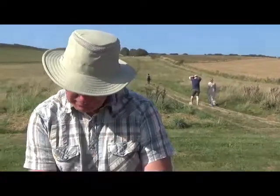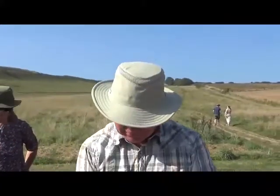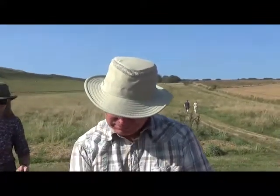This Neolithic bank barrow here is very similar to the one found at the Cursus at Stonehenge, and there are other Cursuses in Dorset, as you probably know about. The purpose of Cursuses we don't know. They say they were probably ceremonial walkways, trackways for people to race, or like having games at seasonal times